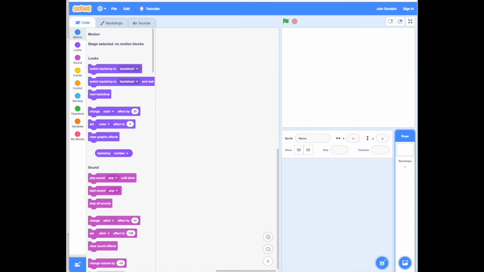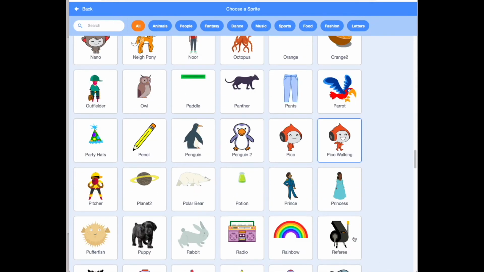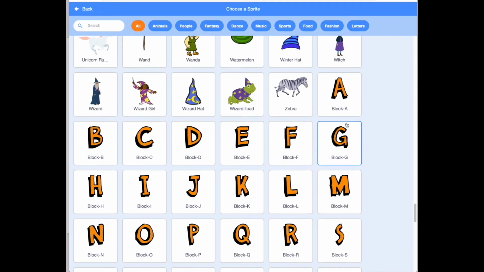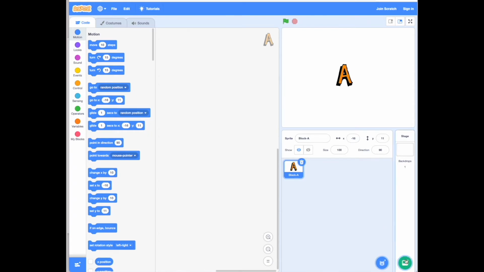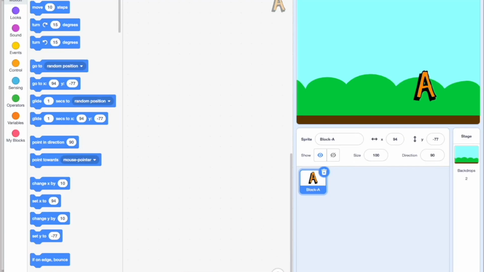So first, what I'm going to do is hover over the sprite button, and I choose letter A. And I also choose a backdrop, blue sky. And to make the letter move randomly, you can see coding blocks in the left sidebar. There is the motion part. There are a bunch of coding blocks you can choose, but we should use this block, glide one sec to random position. Put it on the center page,